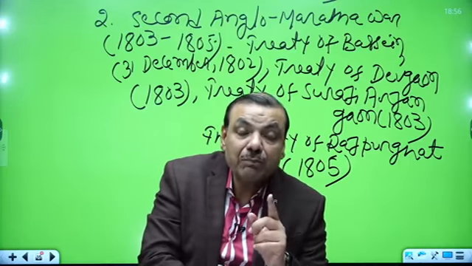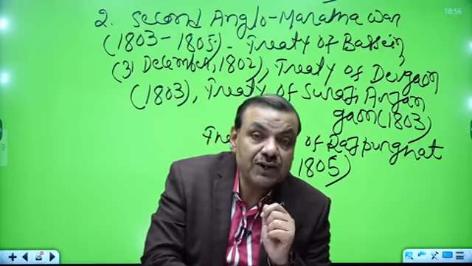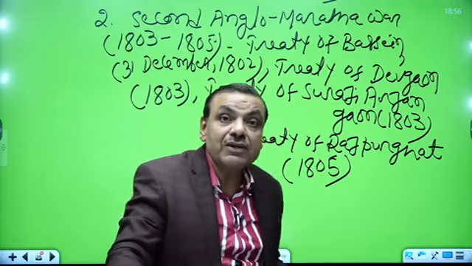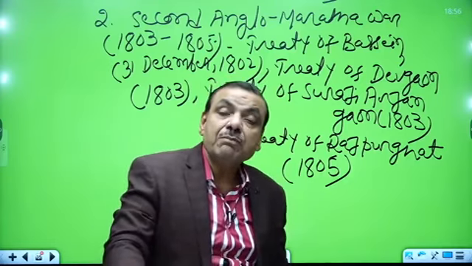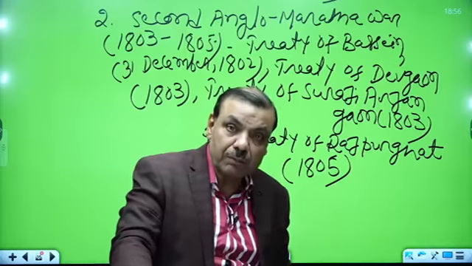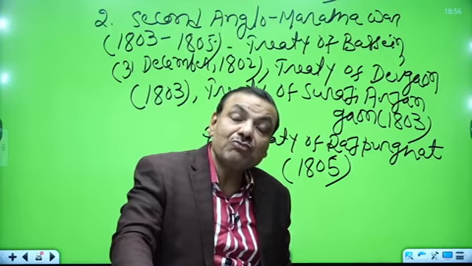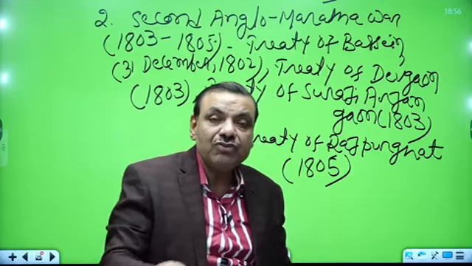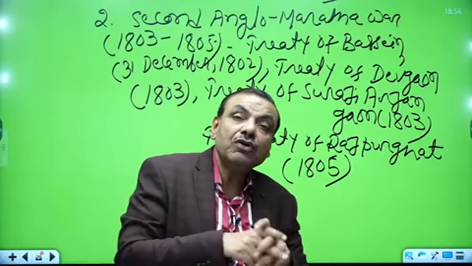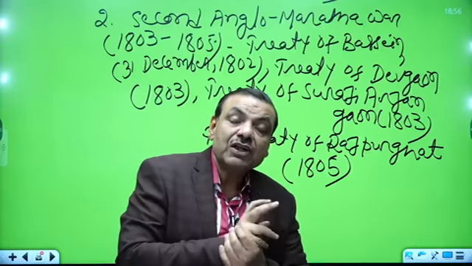So even his foreign policy had to be conducted at the advice of the British resident. Apart from that, he had to give a promise that he would never employ any foreigner without the prior permission of the British company. And in return, this Peshwa was supposed to give 26 lakh rupees per annum to the British company. So this treaty was signed, and in order to sanctify this treaty, Lord Wellesley, the younger brother